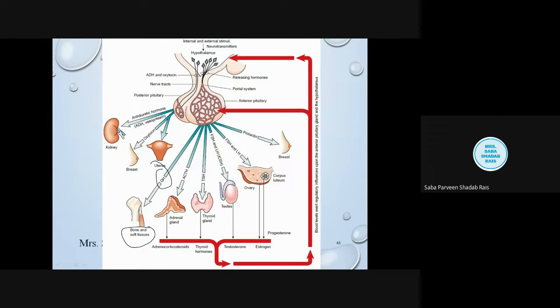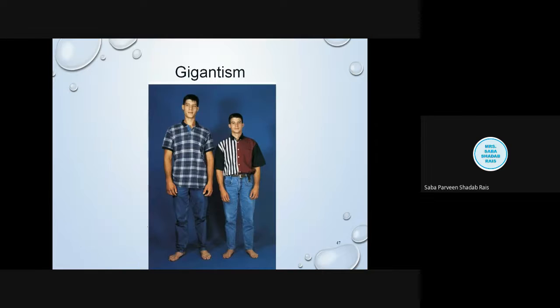So if the growth hormone is produced in excess or in lesser quantity, both ways it is really a big problem. The first disorder we are going to discuss is gigantism. Now, everyone likes tall height, but tall is not always smart and handsome. Sometimes tallness is also a big problem. Up to 6 feet, everyone desires that my height should be 6.5, 6.10, but more than that is a problem that is called gigantism.